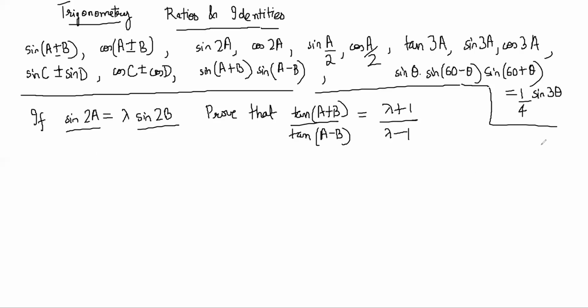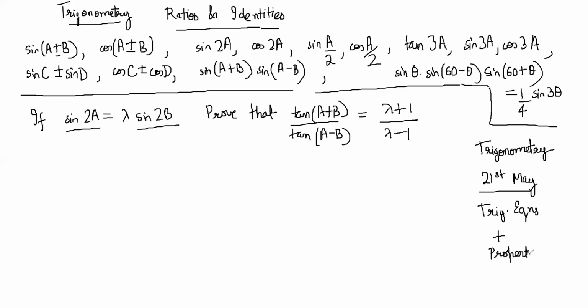So right now we are a few weeks ahead of the Allen class, and we want to stay ahead, and actually go far ahead of the Allen class. We want to do trigonometry. Right now it's May 4th, and I want to finish by, say, the 20th or 21st of May, 2 weeks from now. That will include trigonometric equations plus properties of triangles, so 2 more chapters after this. So I want you guys to accelerate the pace at which you are doing it.